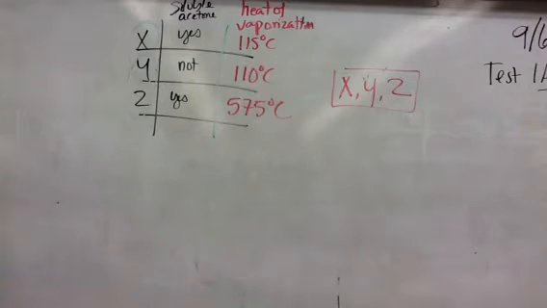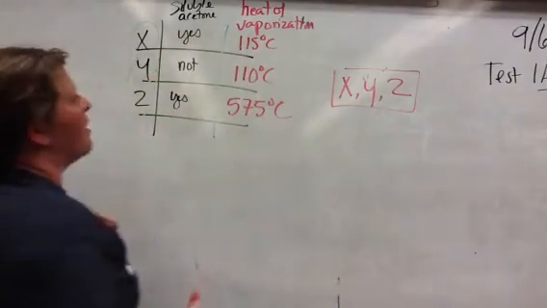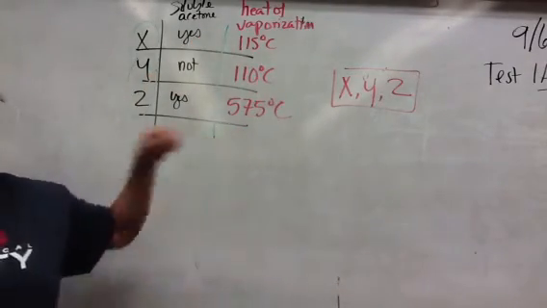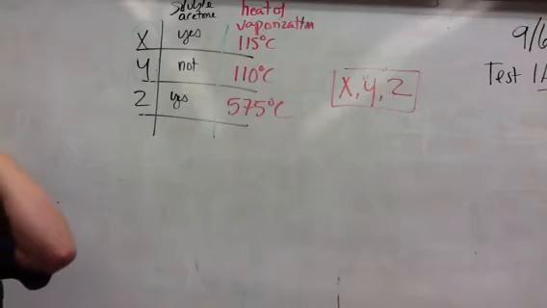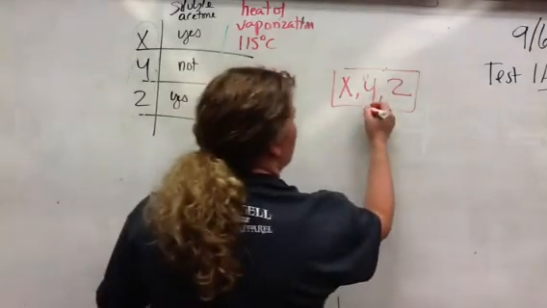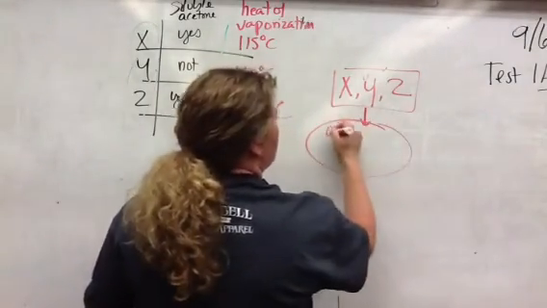Okay. Why are you going to use filtration first? Then you can get X and Z by themselves. Yeah, because then you've got X and Z by themselves. If you vaporize first, so your first step is going to be to add